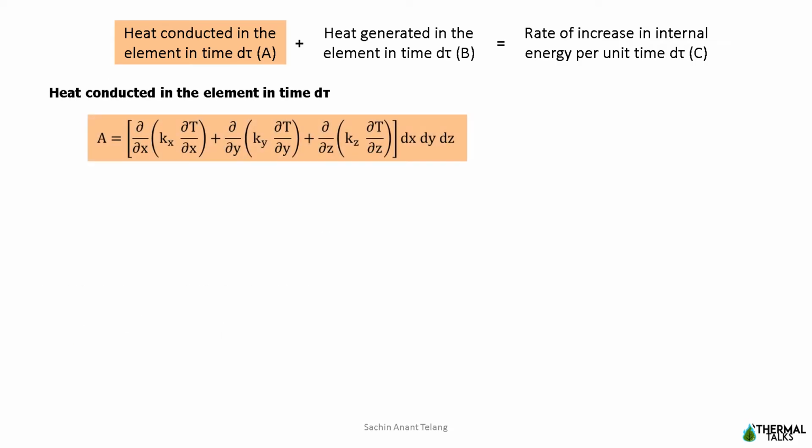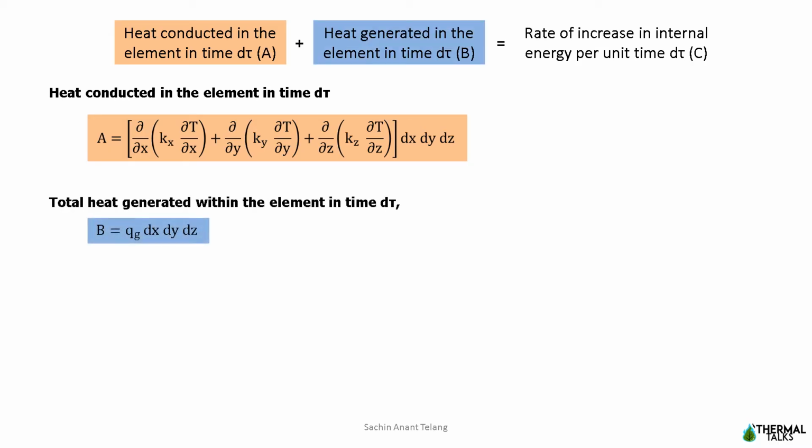As we have formulated an equation for heat conducted in an element, now let us write an equation for heat generated in an element. What is heat generation? When electricity is passed over a material or when there is a chemical reaction taking place, because of the impurities in the material, heat will be generated within the material. So heat generation is a volumetric phenomenon of a material. So we are going to consider that, and we want to denote it as Qg.